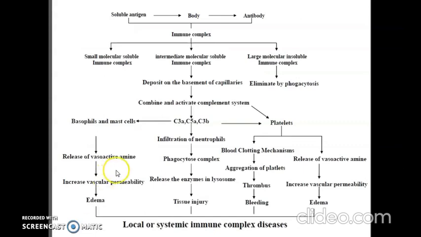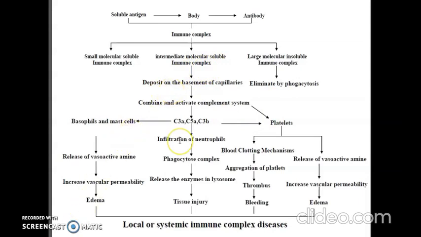This flowchart shows the overall reaction taking place in local or systemic immune complex diseases. You can see that when an antigen is introduced into the body, antibody is formed and together they form the immune complex. There are small molecular soluble immune complexes, intermediate molecular soluble immune complexes, and large molecular insoluble immune complexes, which will be eliminated by phagocytosis. The intermediate soluble immune complexes will be deposited on the basement of capillaries and activate the complement